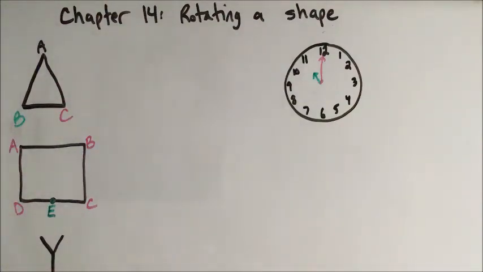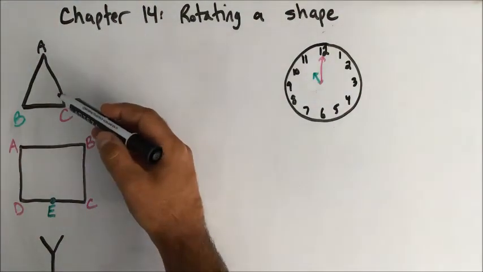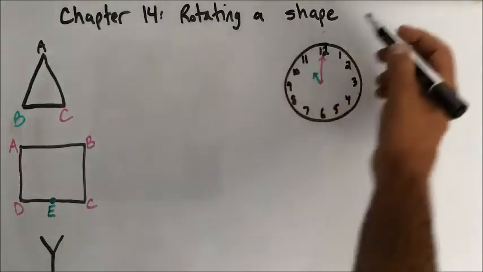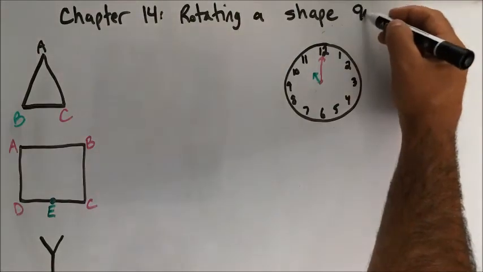Chapter 14, Rotating a Shape. So if I wanted to rotate any of these items, let's start with our triangle. So let's say I was going to rotate the shape. Let's say I want to go 90 degrees